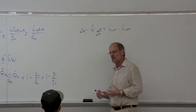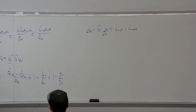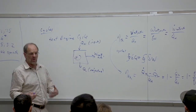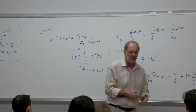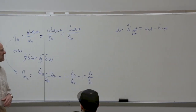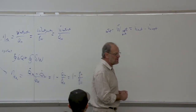For instance, if this were a cycle based on single stream steady flow analysis, for instance, if this were a gas turbine cycle like you should have covered in your 301 class, there would be a certain amount of work output from the gas turbine, but there would be a certain amount of work input from the compressor. So it's the difference between the two, work out minus work in, that's going to give you the net output, and that's what has to be used in the efficiency equation. All right, so